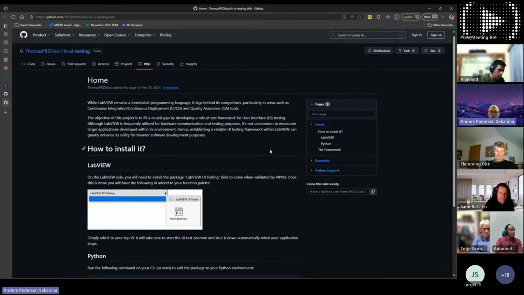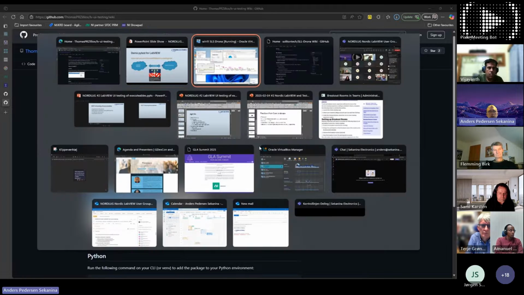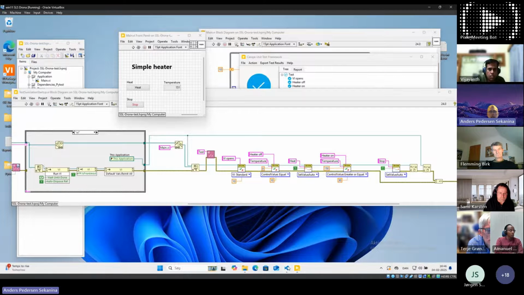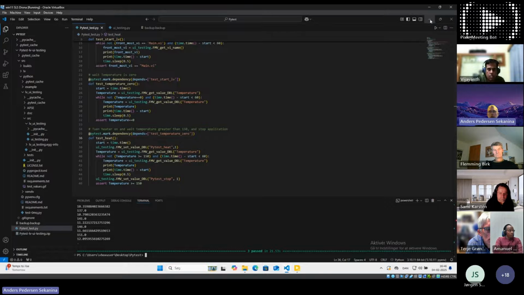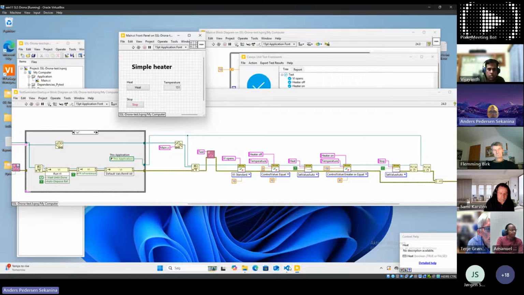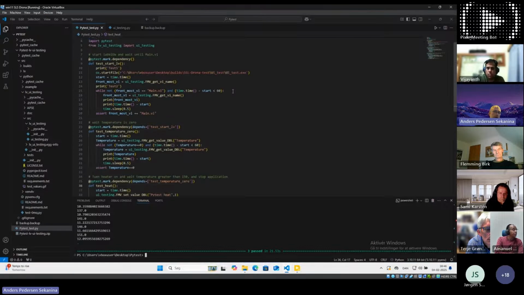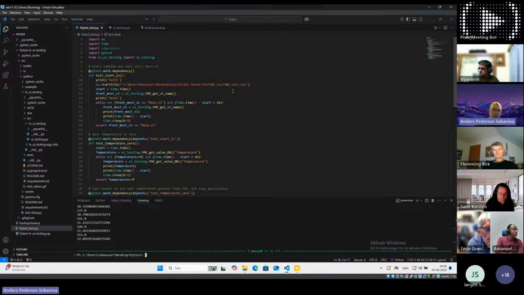And there's also some examples in general. We can look at how the same test is looking in PyTest.